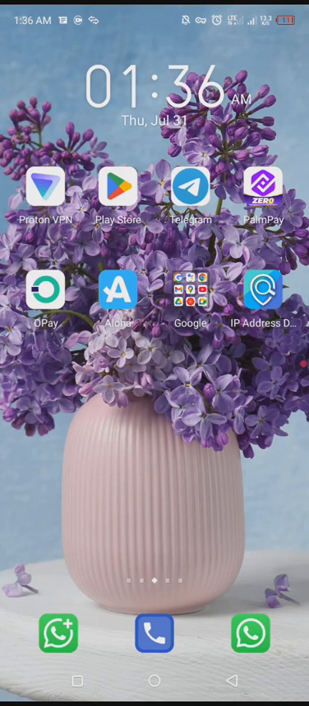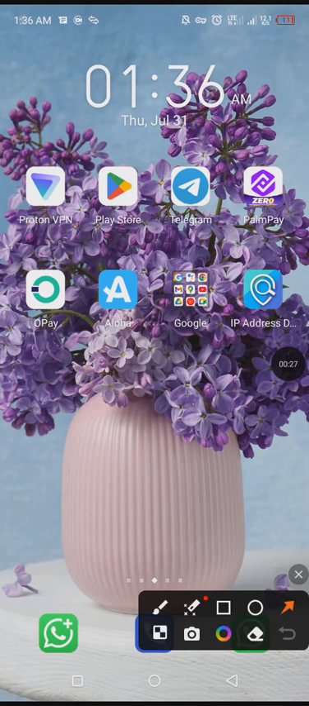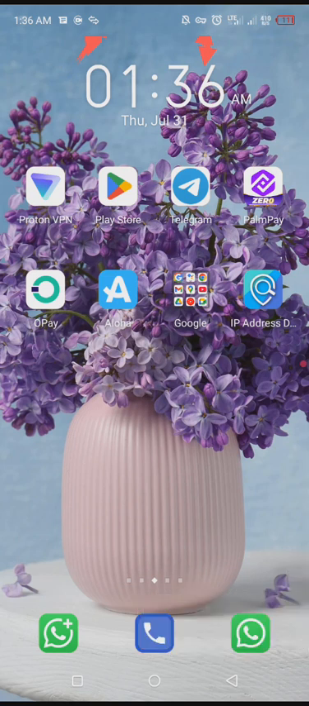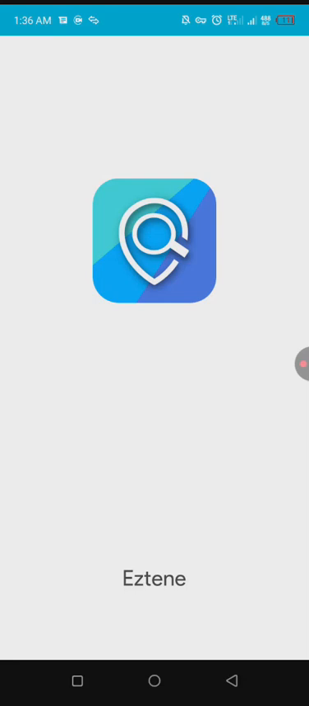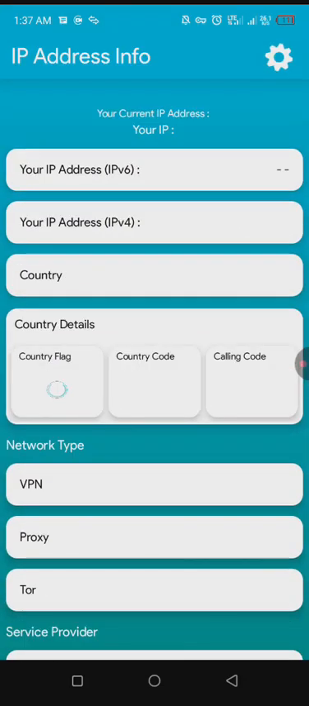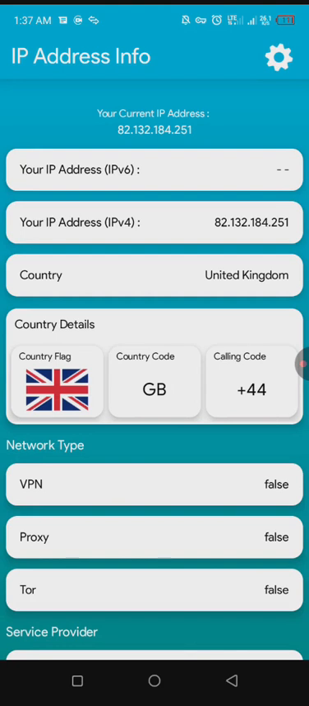Even here too, here and here. This place shows that my VPN is turned on. So the next step is you get the app I told you to get. You can see everything is on here. You can see your VPN is on, your VPN is false, your proxy false, your